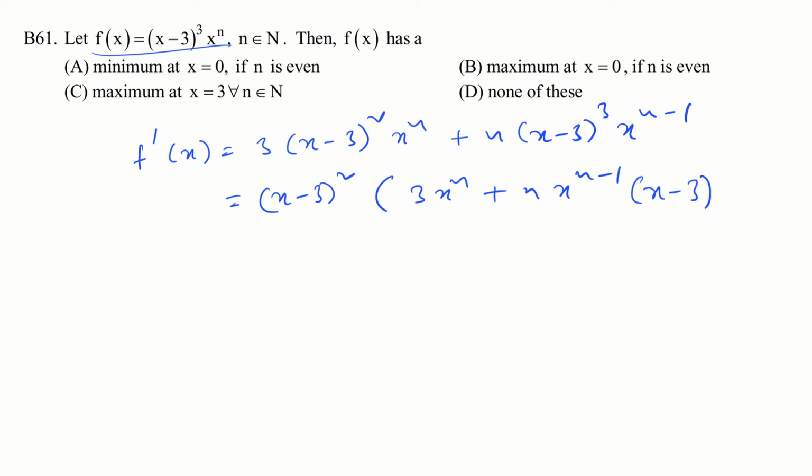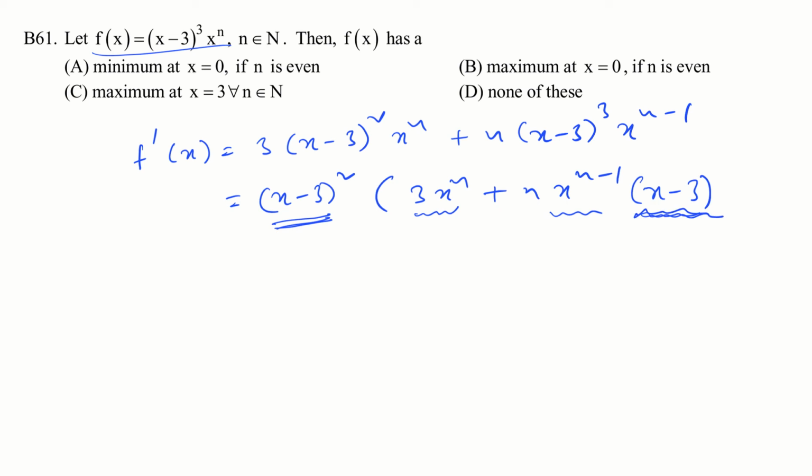Now I want you to observe that if I am to the right of 0, this is anyways positive. So this is positive and this is positive, and this will be close to minus 3. I am just close to 0, to the right of 0. So this will be close to minus 3.